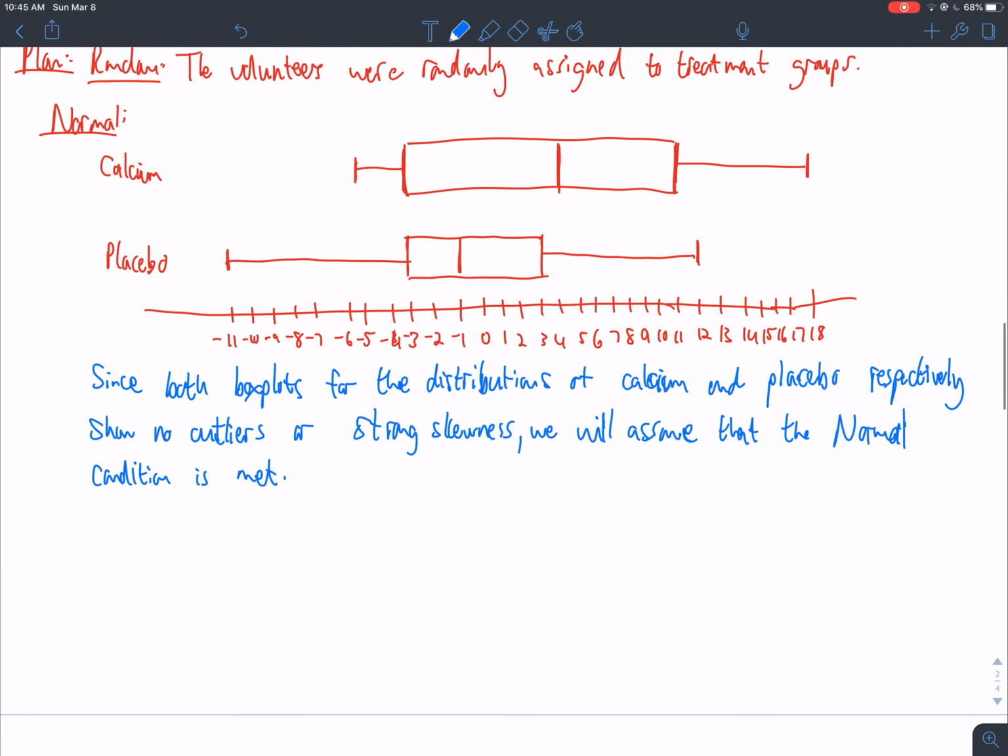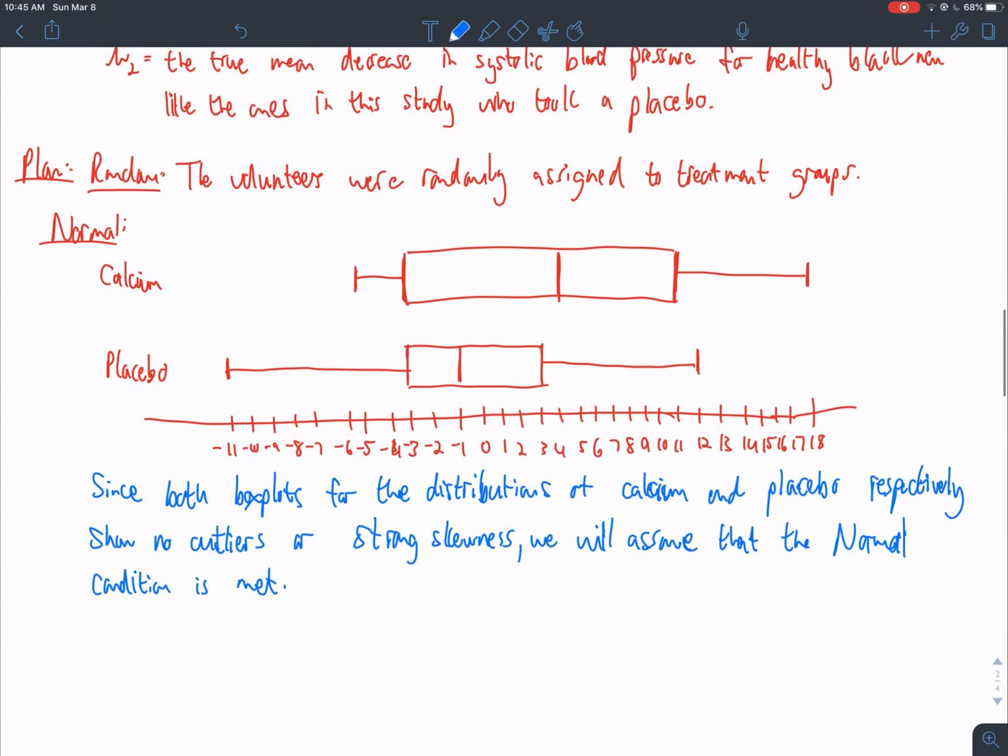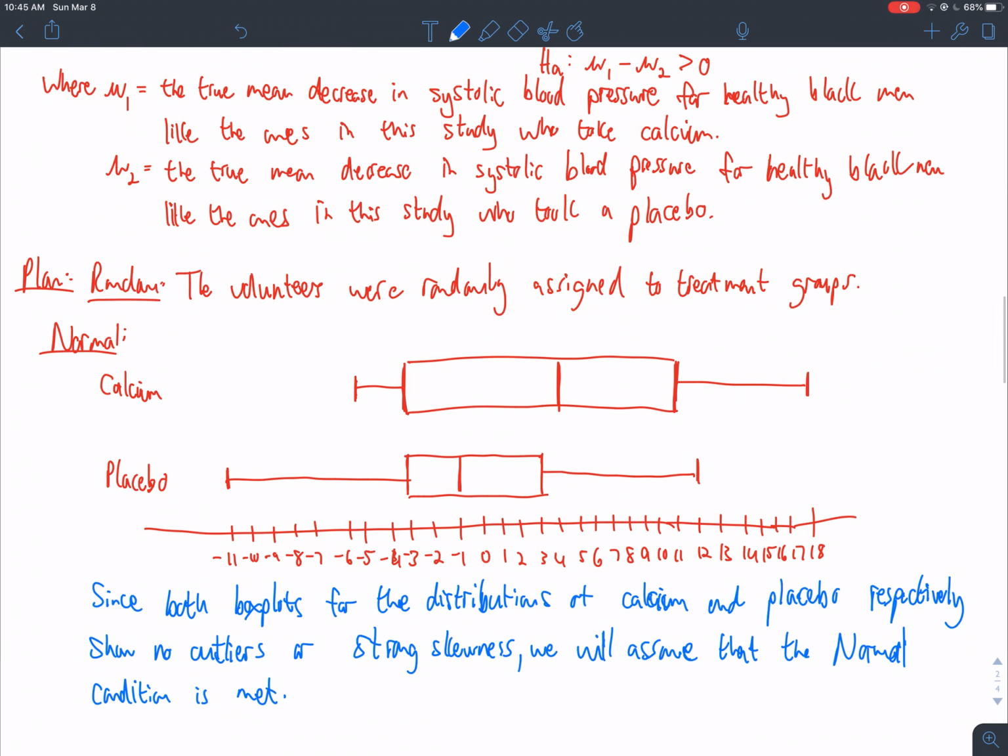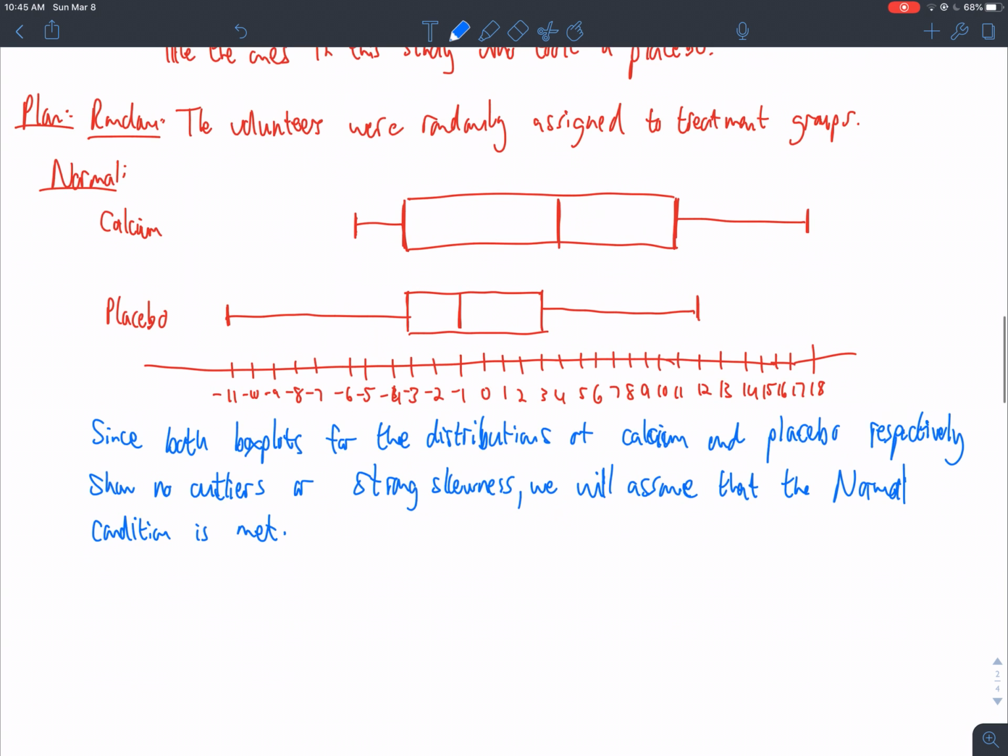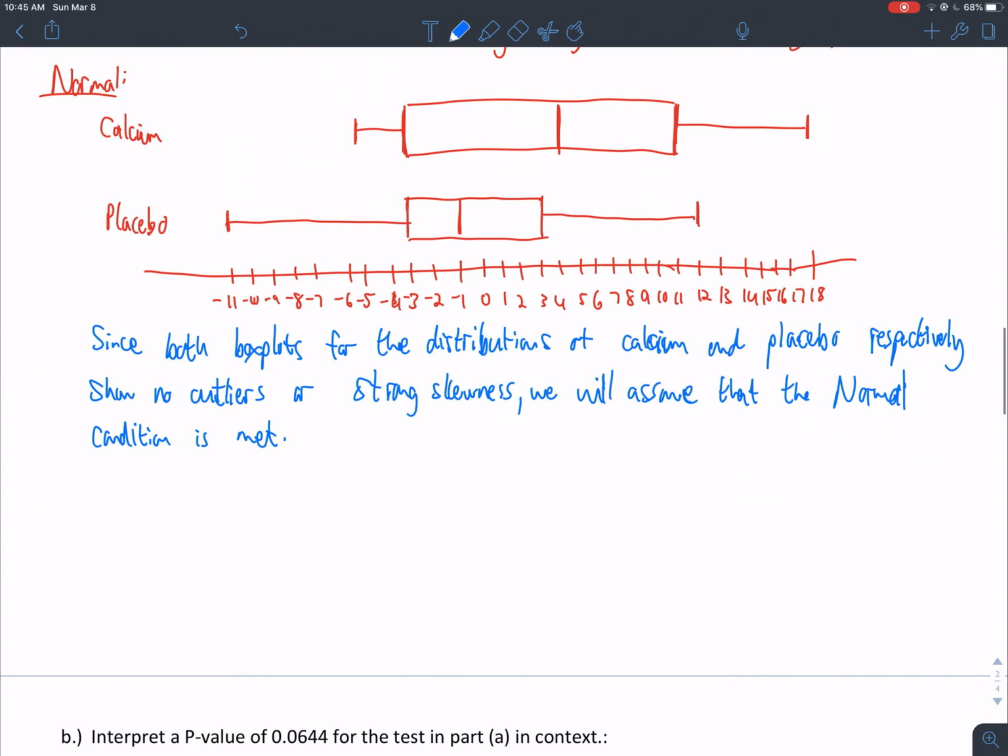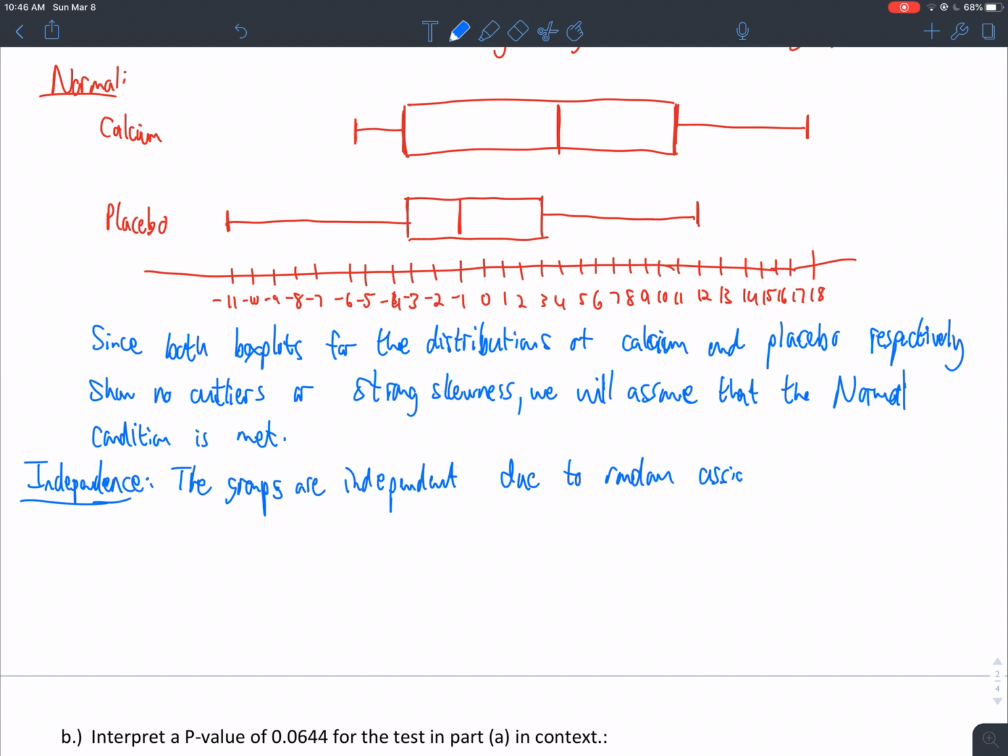All right. And then independence. If you do independence, what do we get for independence? So for independence, we have to say a few things. I think I didn't even do this for my completed note sheet. But for independence, you want to make a statement like: the groups are independent due to random assignment. And